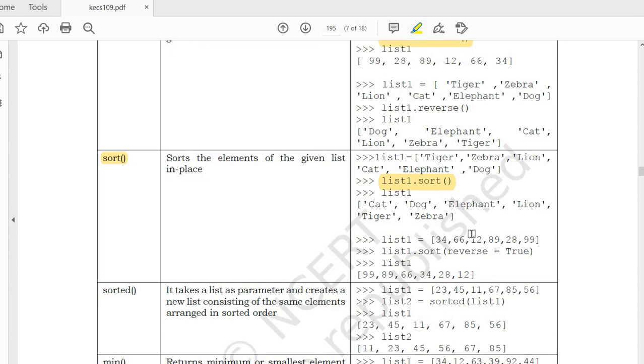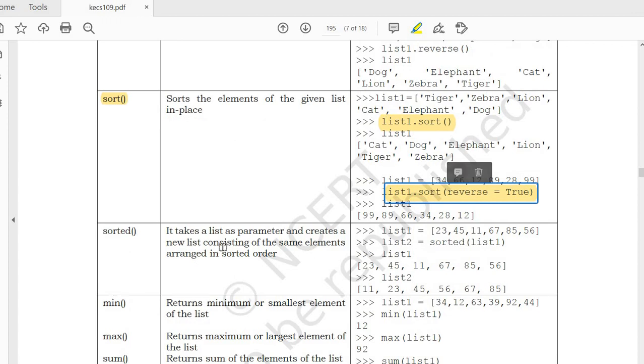Or if you want to do that in the descending order, you have to write it as list1 dot sort of reverse equal to true. That means we have to take it in the reverse order. Reverse order in the sense descending order. If you want to do that in the ascending order, you can specify it as list1 dot sort. Otherwise, you can write it with an argument reverse equal to true.